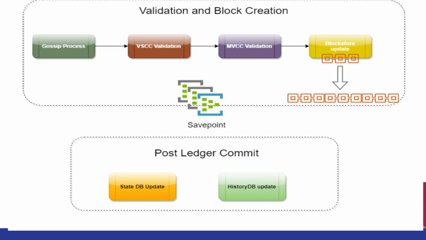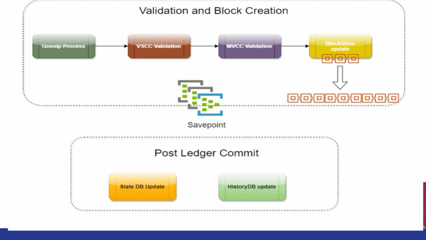And the history database, we all know that there is one function inside Hyperledger Fabric, that is get history by key. So this history database maintains whenever valid write transactions happen for that particular asset. Suppose my asset is A, so A equals 1 is the first, and then it moves to A equals 2, then A equals 3, something like that. So if we want to get the history, we can fetch it from this history database, that this particular asset has moved from this number to this number.